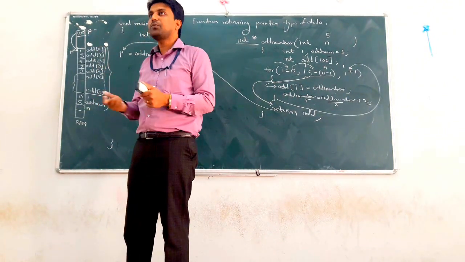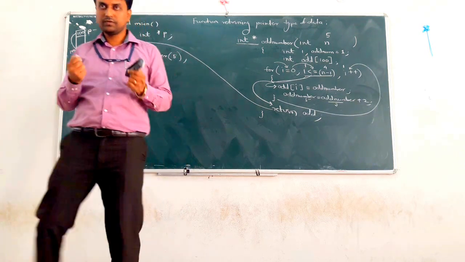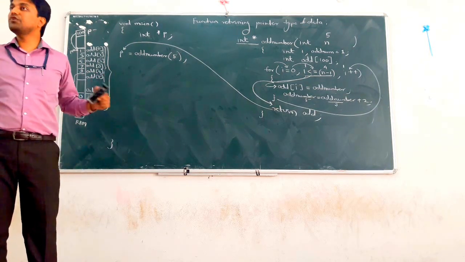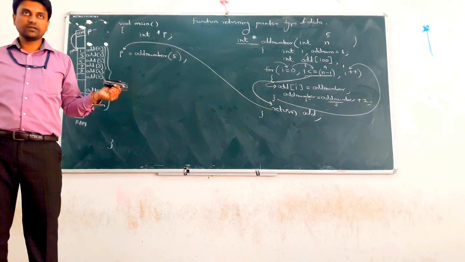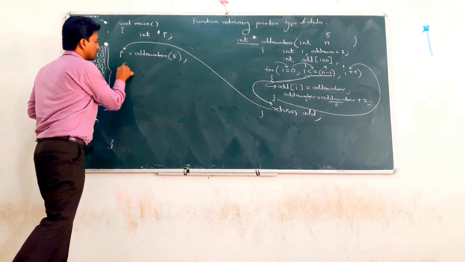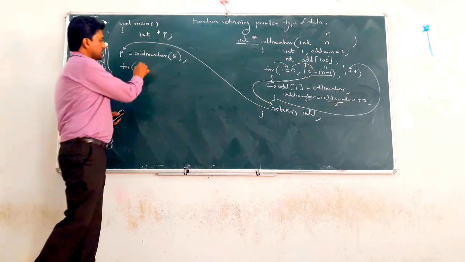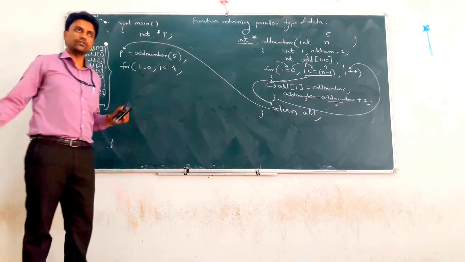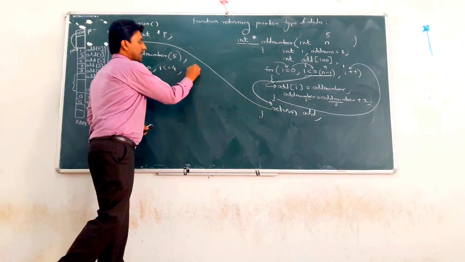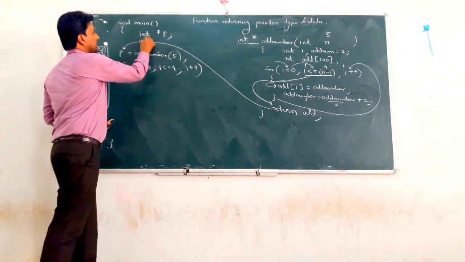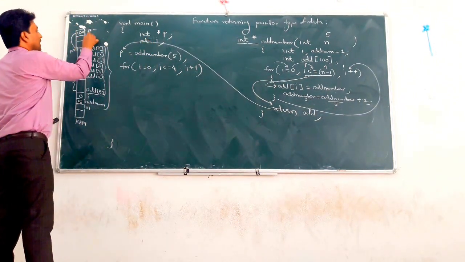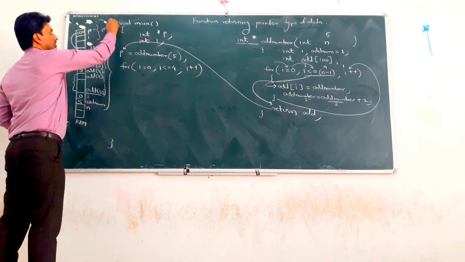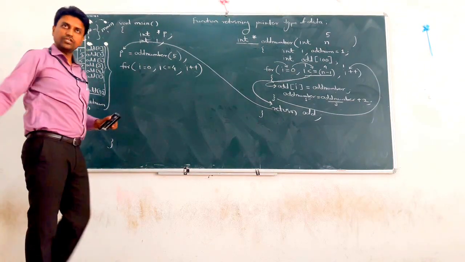Clear? Okay, so the next point is how to retrieve the data now. We got the base address of the array in the pointer p. Now we want to retrieve the data, the first 5 odd numbers, from that array. For that, use a for loop. It starts from i equal to 0, i less than or equal to 4, since we want the first 5, so 0 to 4, i plus plus. We declare int i here. This i is different because it is in the scope of the main function. The initial value is now 0.